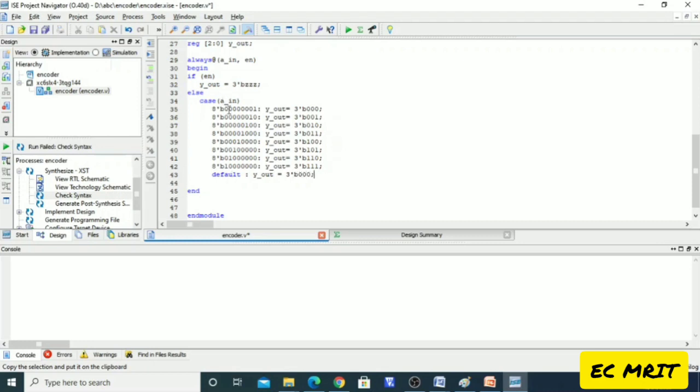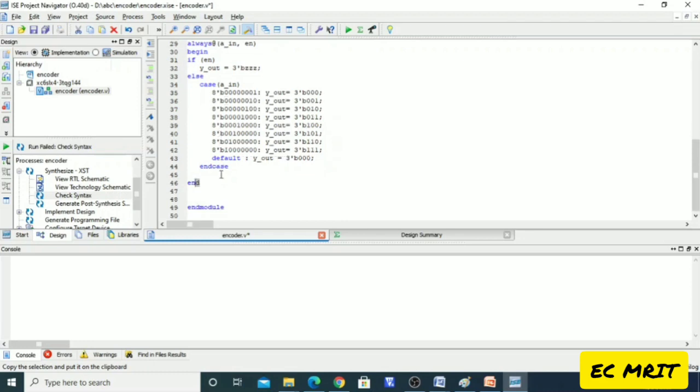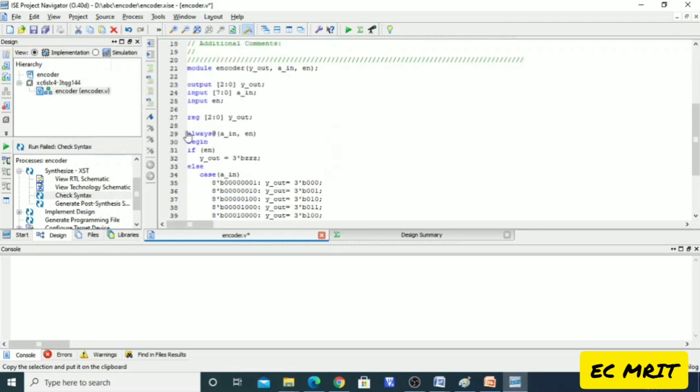So if we have any other values other than these, we'll get the output 000. Next, we'll end this case statement using this end case. Now this end is to end this always block, and this end module is to end the module. So we'll save this